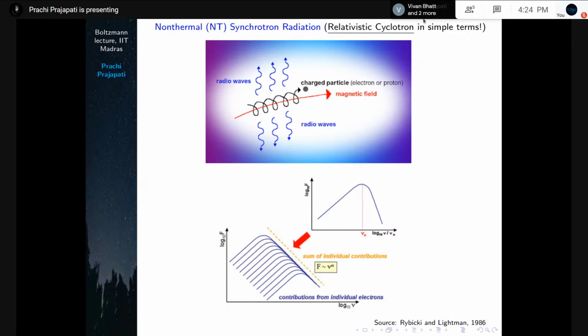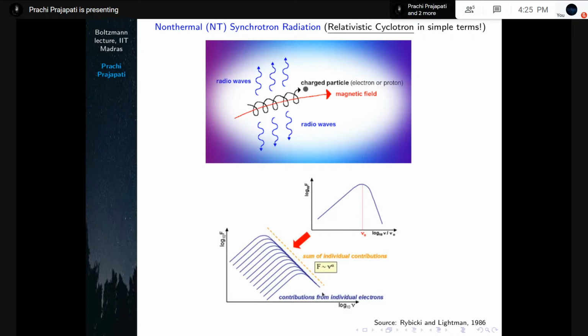We can give the analogy that it's kind of a relativistic cyclotron. For this kind of emission, if we mathematically solve the emission model, then we can get the spectra, which is this for one electron, one particular charged particle. So it has this kind of emission spectra, but in the medium not only one electron might be present. There might be a bunch of electrons. So if we combine all electrons with different velocities, then we get this kind of combined spectra.